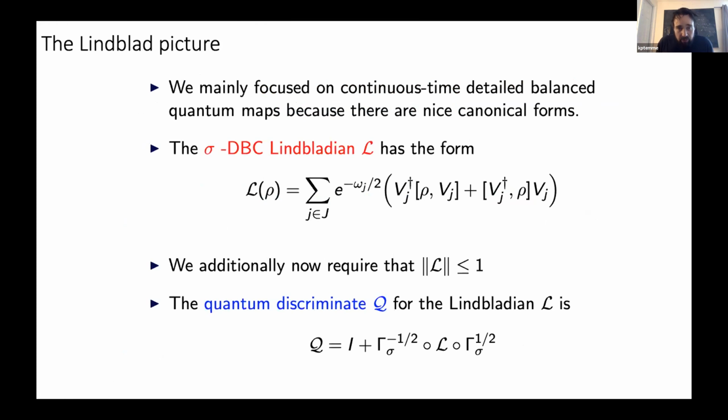So what we want is that this generator itself sits in the spectrum interval between +1 and -1, right? So if it's a finite dimensional system, you can always force it to be that way. In the setting that we're going to consider with all these algorithms, you can make that happen as well by just renormalizing that. And then what we're going to do is define a slightly modified version of a quantum discriminant for the said Lindbladian, and that is we're just going to take 1 plus that similarity transformation of the Lindbladian. This is the one we're actually going to be working with. Okay, so